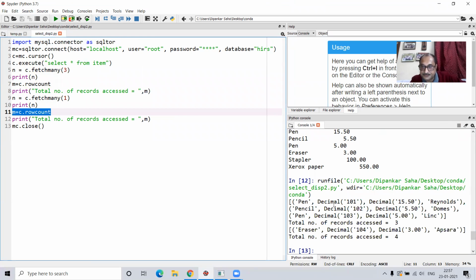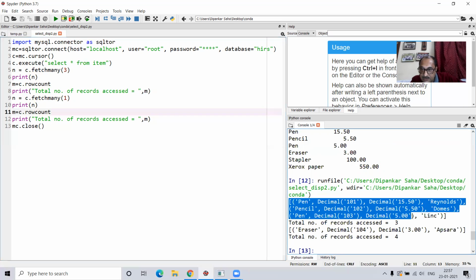Like I'm executing the command. Look at this. First, it shows, in a list, it gave me 3 tuples because I accessed 3